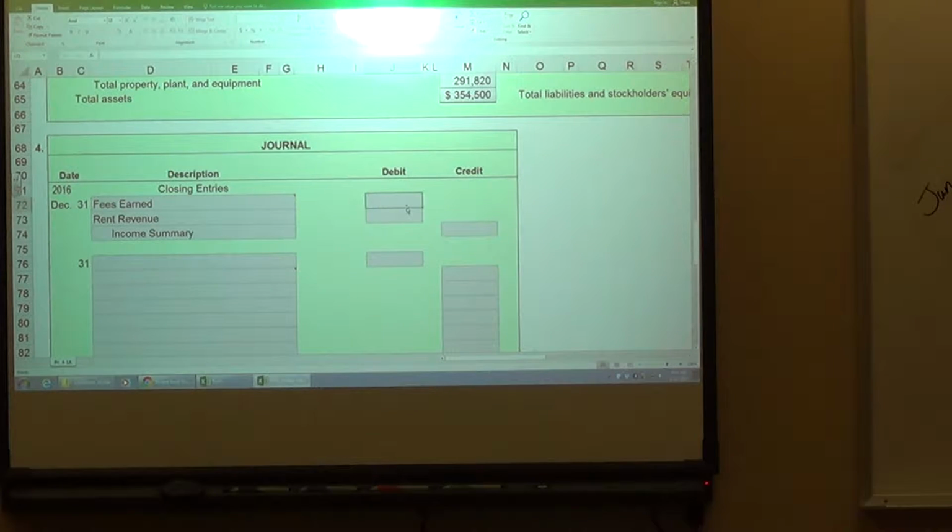Income summary is a holding place, so remember that, it's a holding account. By the time we're done, we basically get rid of that holding account. We're just moving everything into our retained earnings, and that's basically what the closing does for you. So in rent, fees earned,